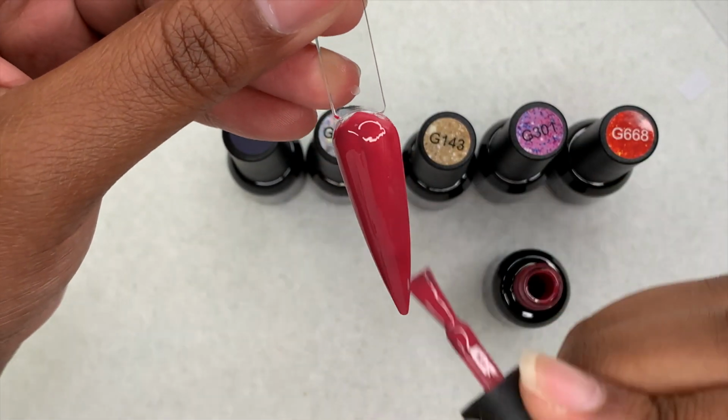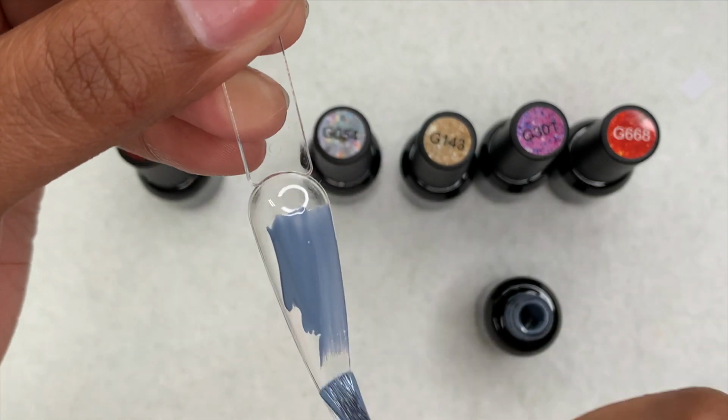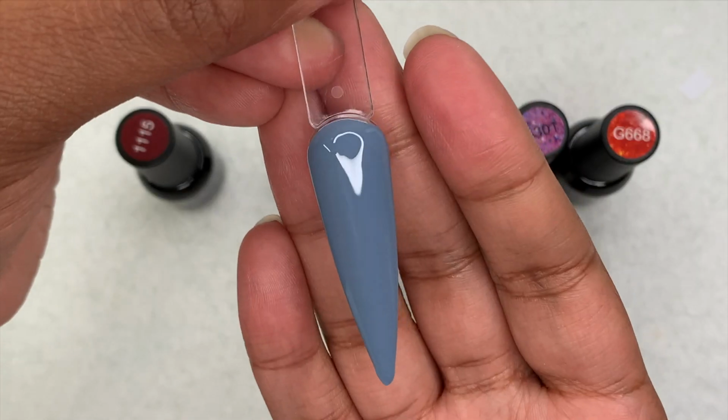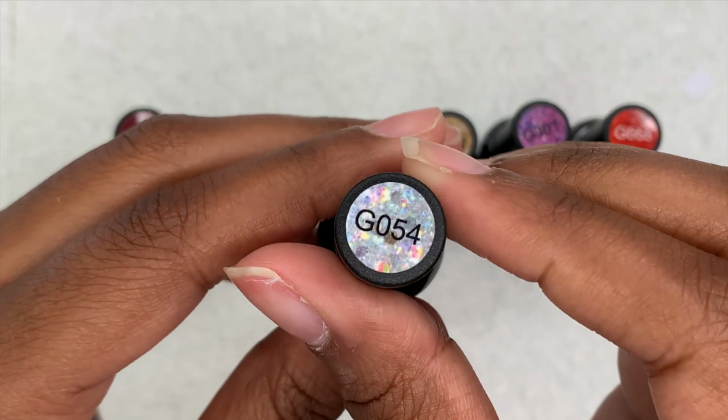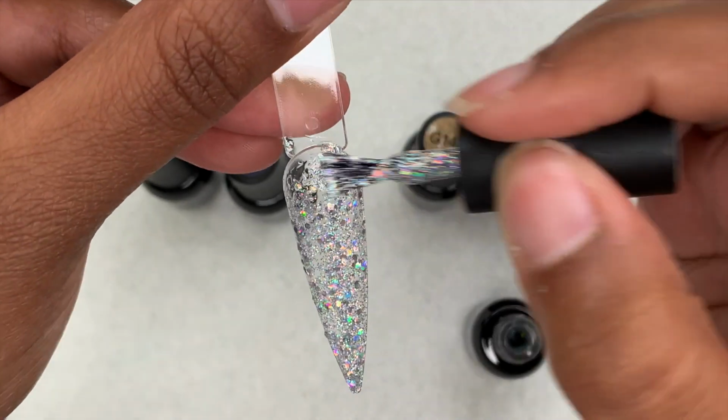So yeah, I'm just going to swatch this next group, and this group does have some glitter in it, and I was super excited when I saw that these had glitter. Like this kit literally comes with just about all of the colors, and this glitter here is so pretty. Like these are some chunky glitters with some little smaller ones,